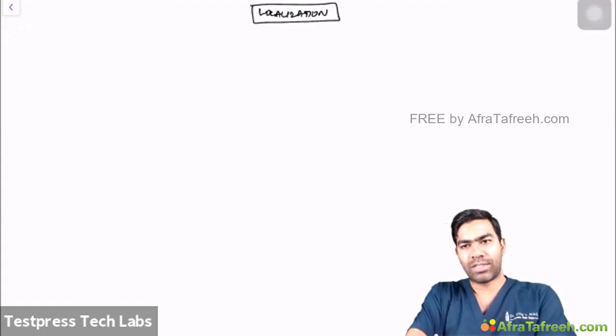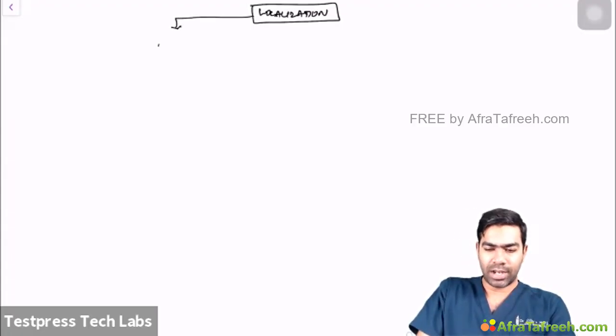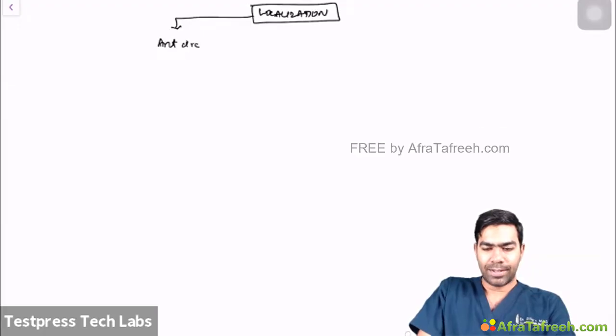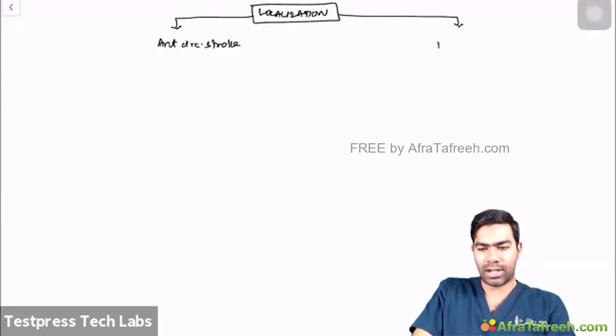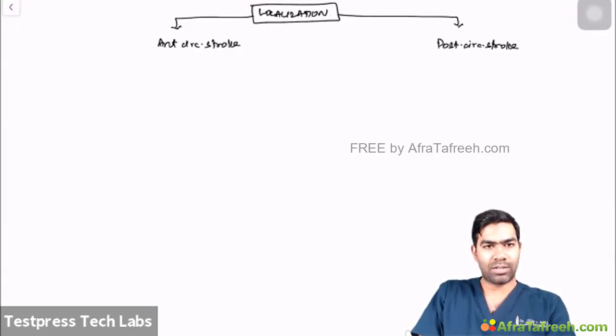Whenever I have a patient with a suspected stroke, probably coming with an acute onset focal neurological deficit, I have to first categorize whether the patient is having an anterior circulation stroke or a posterior circulation stroke. This is the basic triage kind of a thing. Suppose the patient is having an anterior circulation stroke, I know that only one of the three